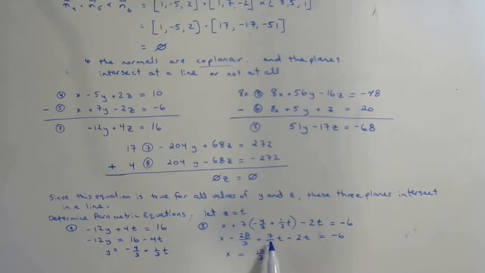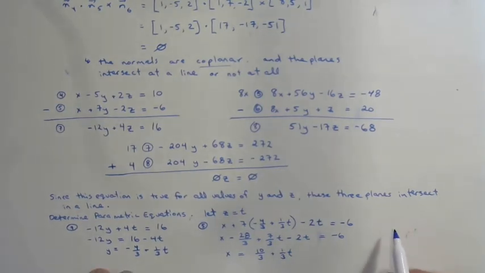And I also have 7/3 minus 6/3 t. That's going to give me 1/3 t. And that is my expression for x, which means our parametric equation for the line of intersection is,